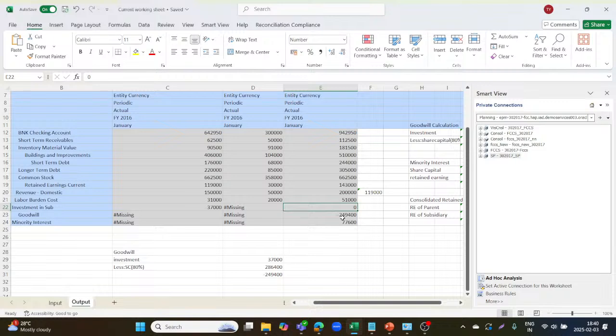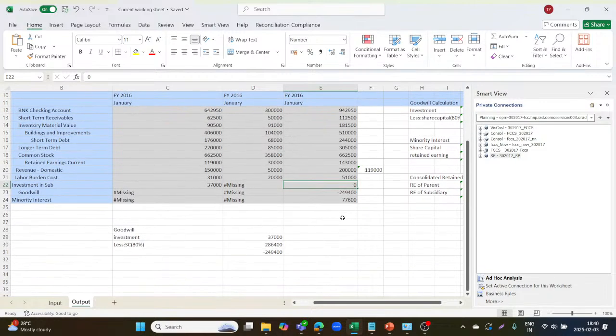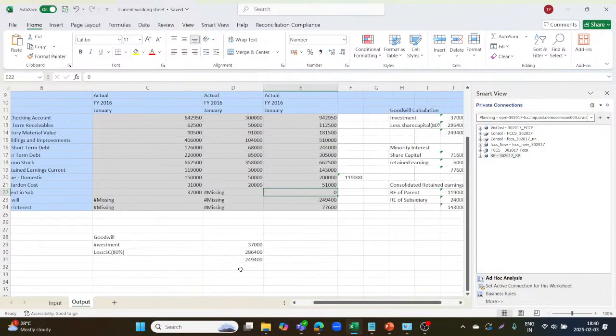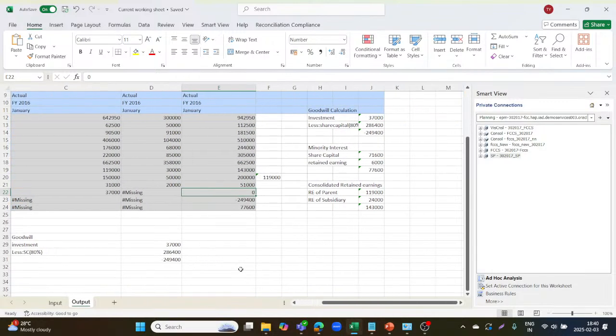This way you can write customized rules as well, whatever you want. You have to define all these factors and data rule sets, give the condition, and just deploy the rule. You have to define the dimensions and select them, and define the values for members for all those dimensions. Similarly, you can see the minority interest calculation as well. The minority interest shows the share capital amount